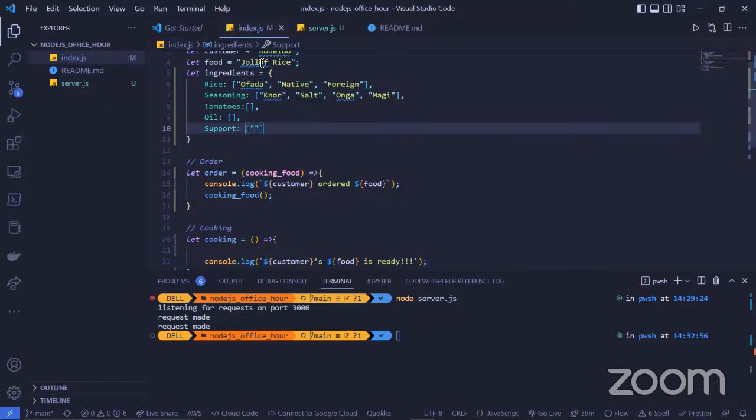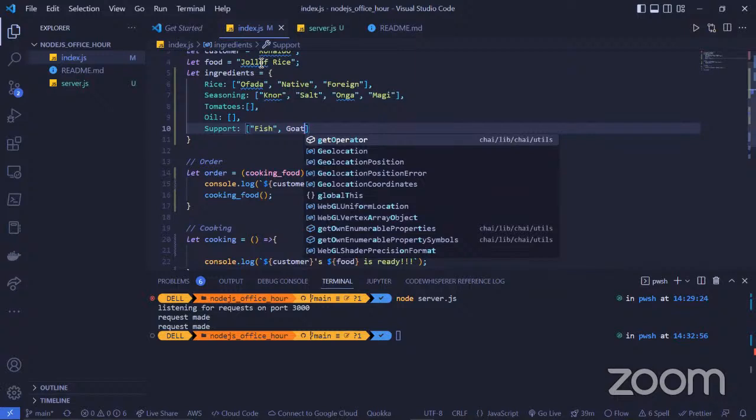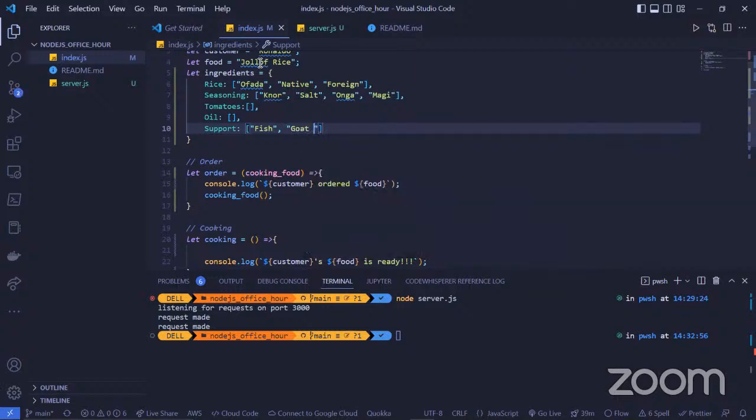By support, I mean fish, goat meat, cow meat, chicken of course, and then we have turkey.